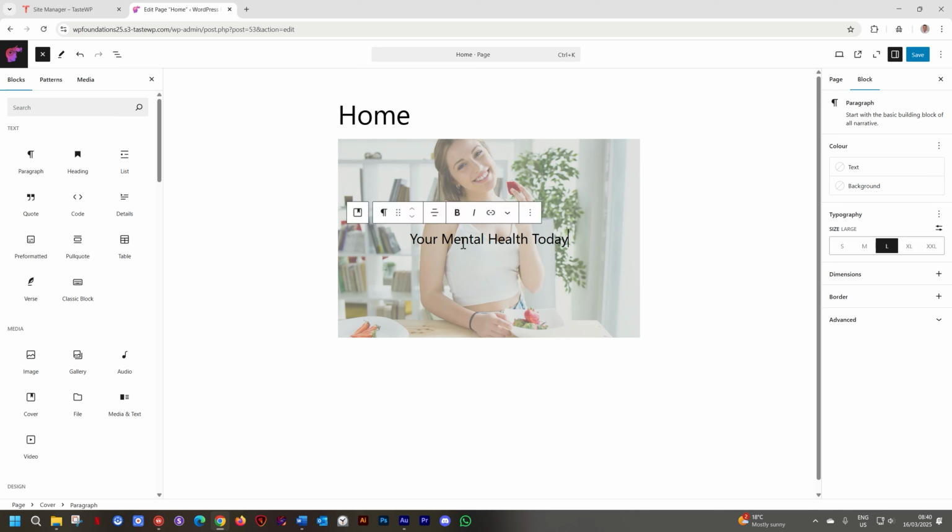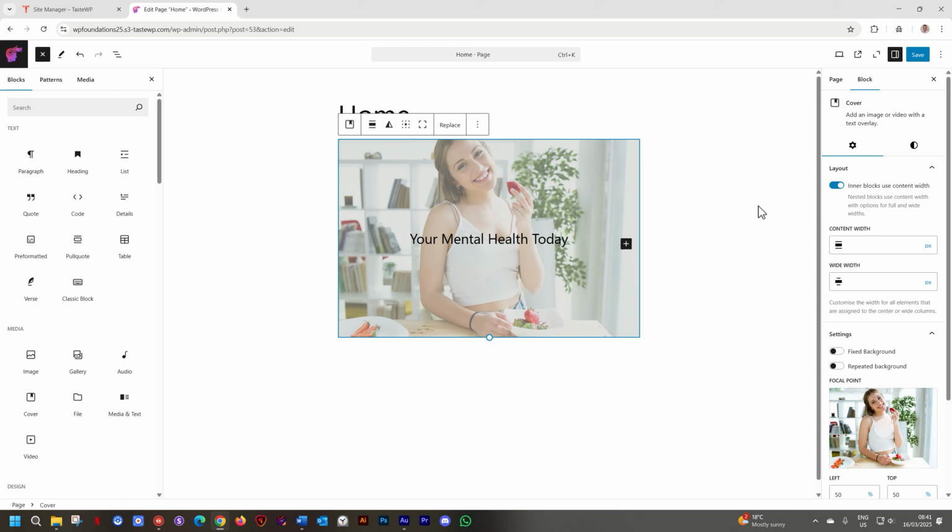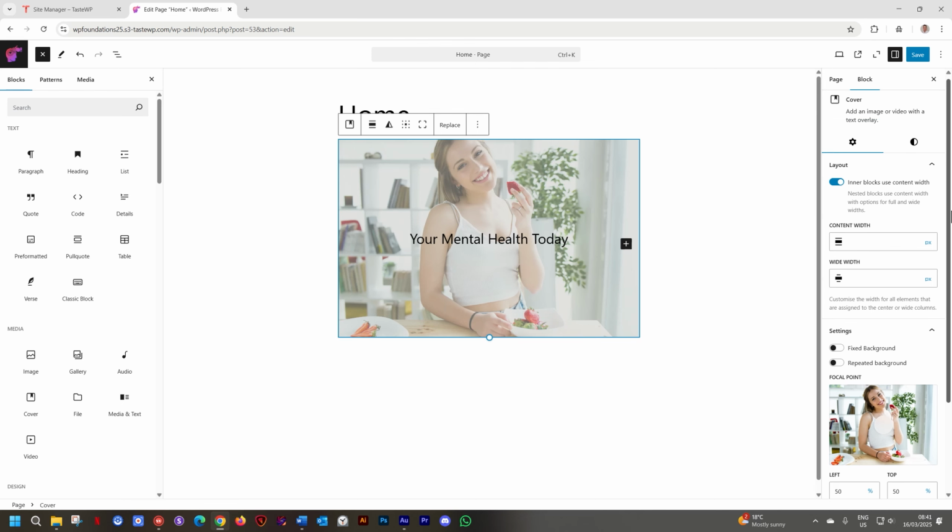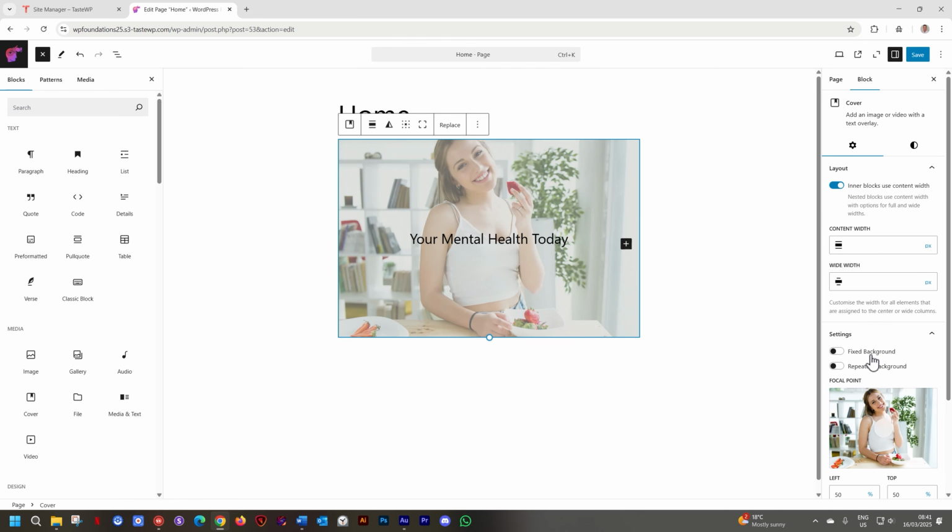This is what I want people to see. Take a look at the structure here. When I click on the text, I have paragraph. Next to that, I have the cover block parent. So I select cover block parent, and then we have a number of options here that we can work with. Fixed background, repeated background. Not going to look at these things now. Note this little plus here. And this allows you to bring in another block within the cover.